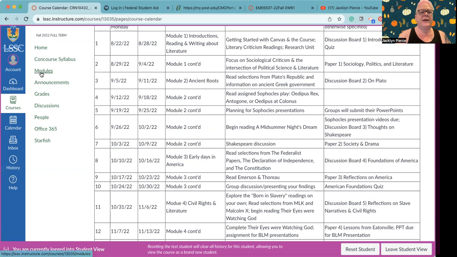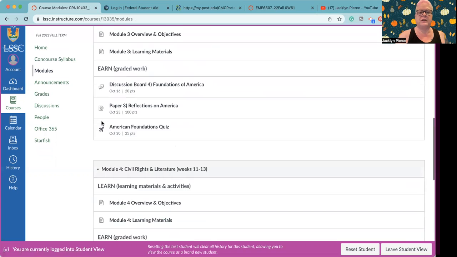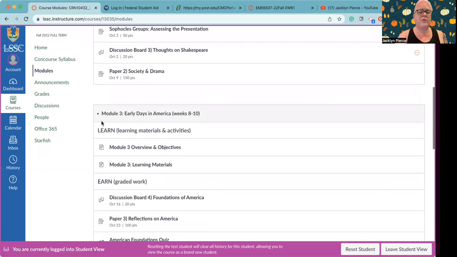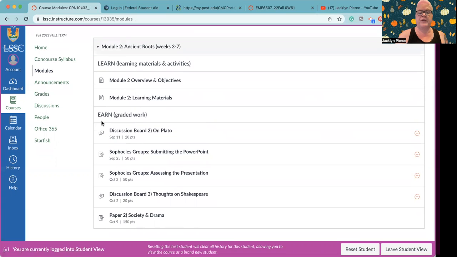But with that being said, let's go ahead and look at the module, and take a closer look at the paper assignment. I already went over it with you, but this is the week it's due, so I want to talk a little bit more about it. We've already gone over the objectives for this module and the learning materials. You've had access to everything for basically 4 weeks. If you have any questions about where to find things in there, let me know. But let's go straight to the paper.